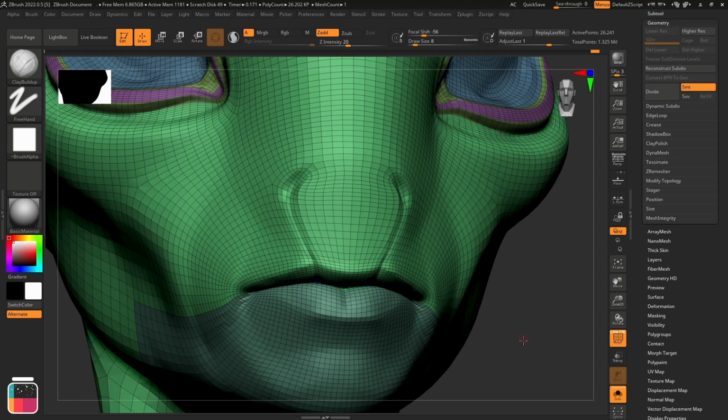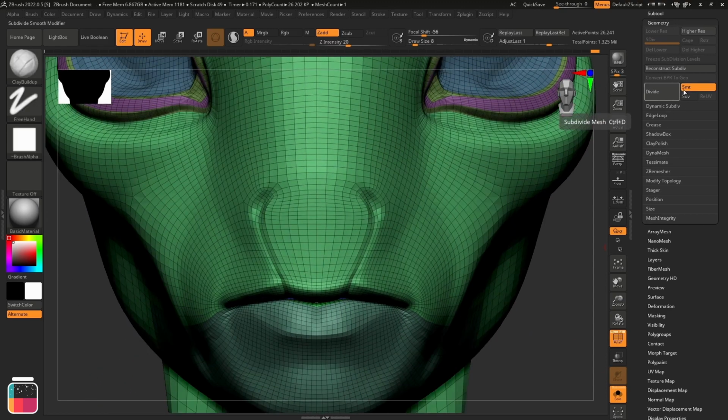After that, I unmasked everything and subdivided the mesh, previously disabling the smooth option to avoid unwanted smoothing at the first subdivision level.